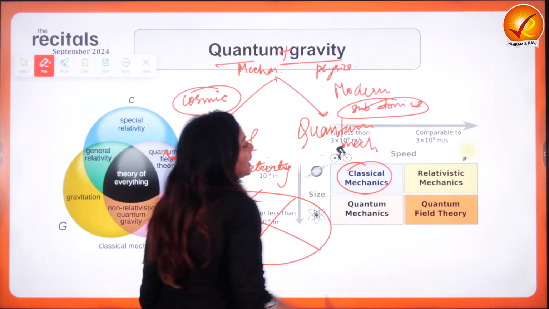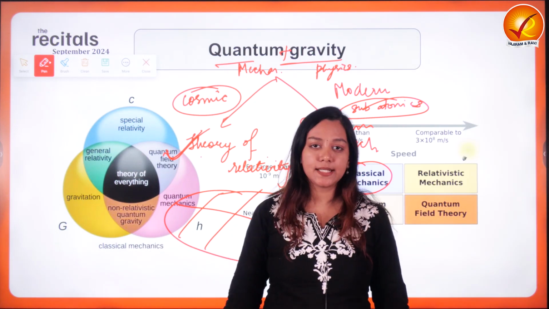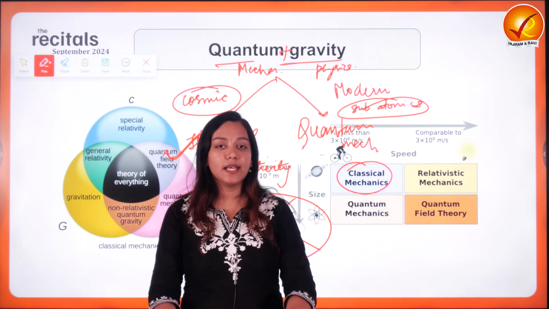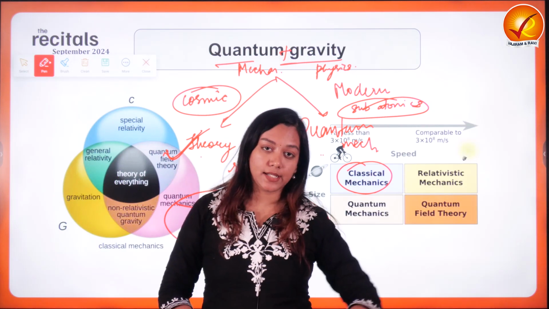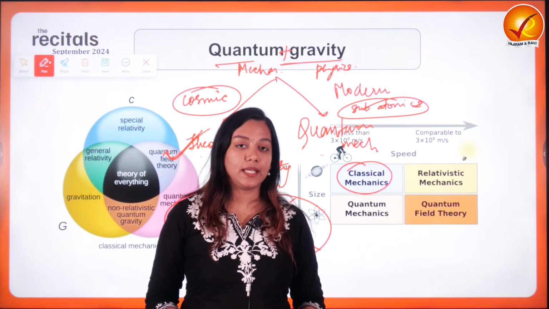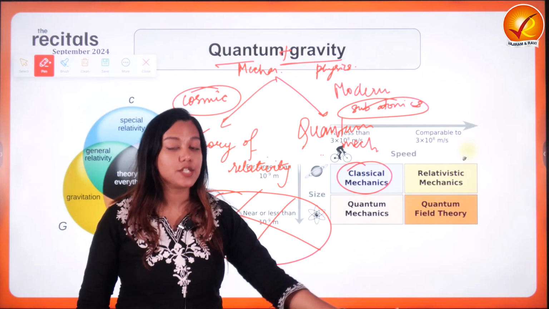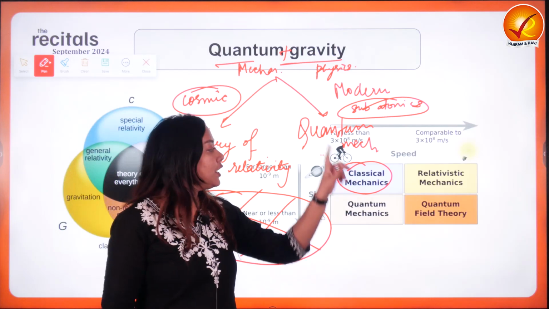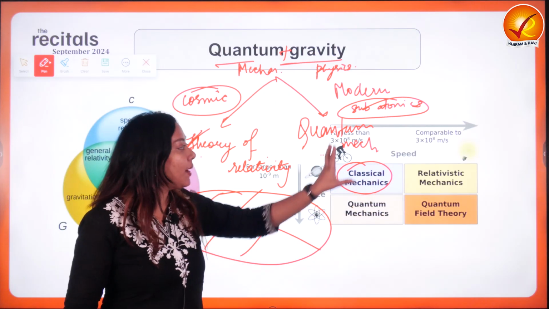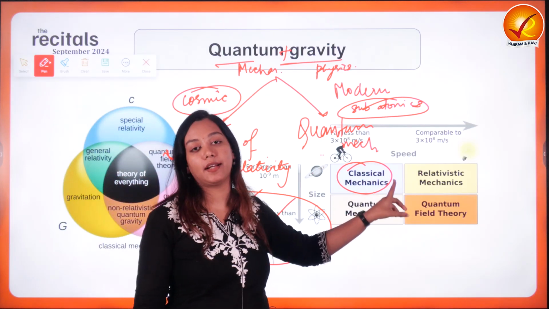Fine. Is there any space in the universe? Because the universe is unfolding a lot of possibilities. Anything could be possible. Is there a space which validates both of these theories together? Because you will see that in the cosmic spaces, quantum mechanics, as of what is known to us experimentally, is not valid. In the subatomic spaces, the theory of relativity is not valid.